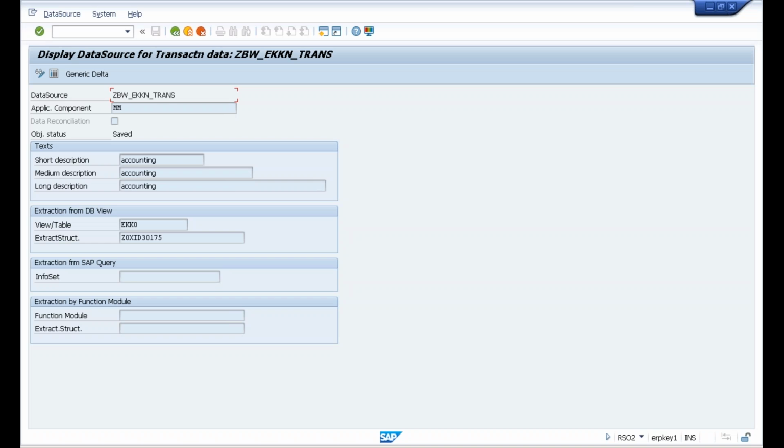I just showed how it will be created basically on the ECC side. If this is a function model, we need to create a function model, and then that function model needs to be used here instead of a table. Or similarly, a view is nothing but, if the required data is from different tables,